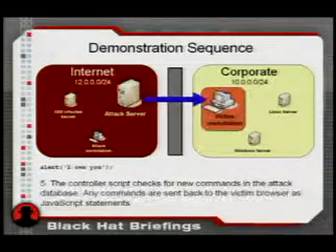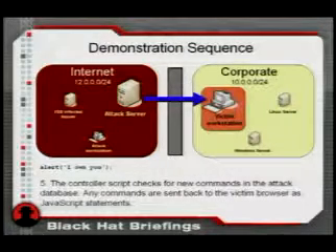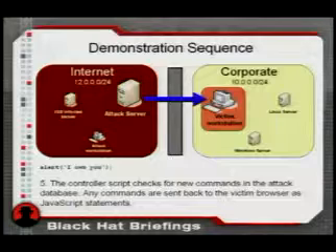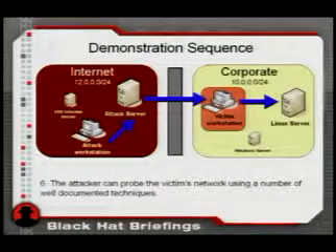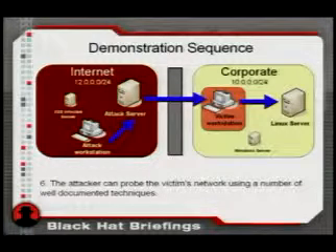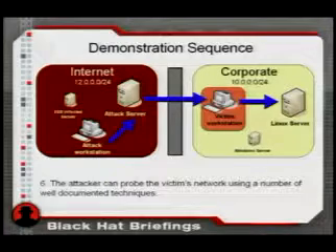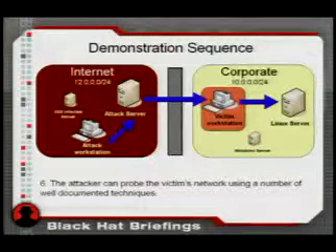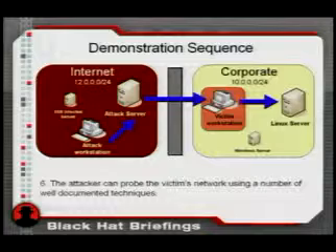Every time it polls, the controller script will go out to the database and look to see if there are any new commands for it. If there are, it'll return it in JavaScript format to the victim browser. Now at this point, the attacker can start executing arbitrary JavaScript on the victim browser to probe the network and perform reconnaissance. We're going to skip this step. We're going to assume the attacker has already performed recon and has identified a web server, in this case the Linux box, that he wants to interact with.